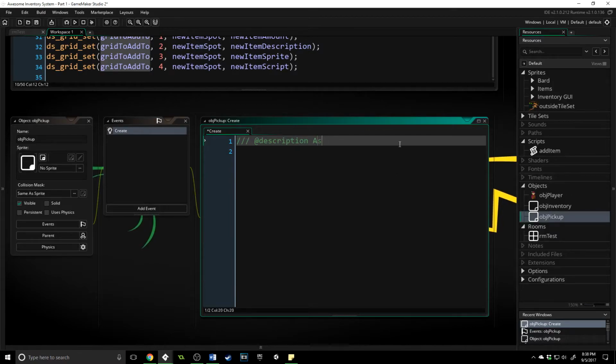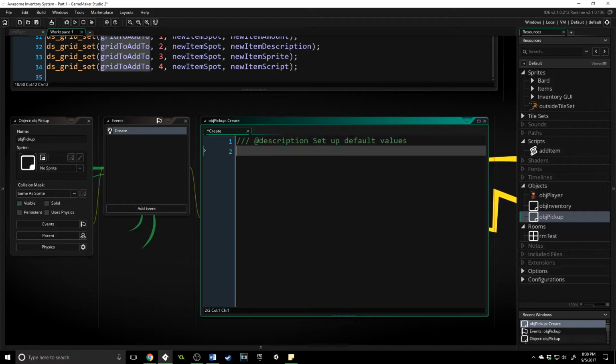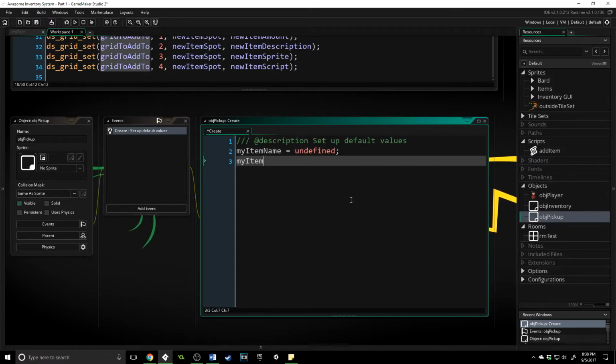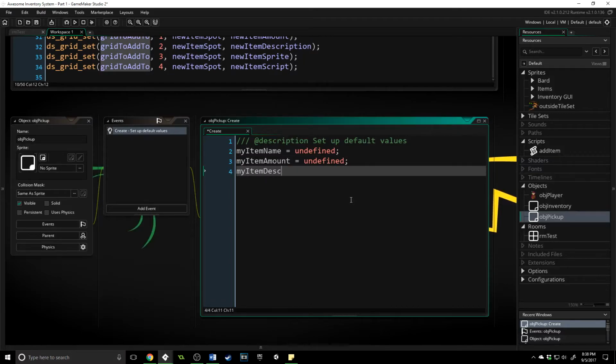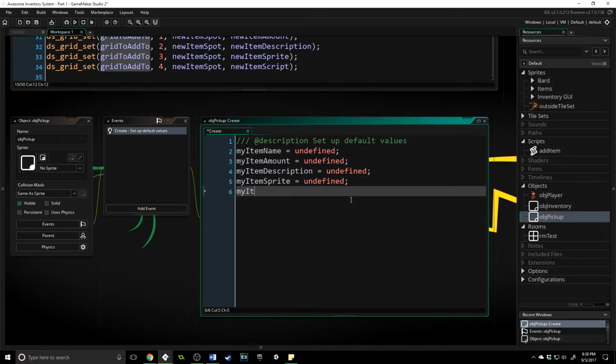So set up default values, and now inside of here we're actually going to say my item name is equal to undefined, my item amount equals undefined, my item description equals undefined, and my item sprite undefined, my item script